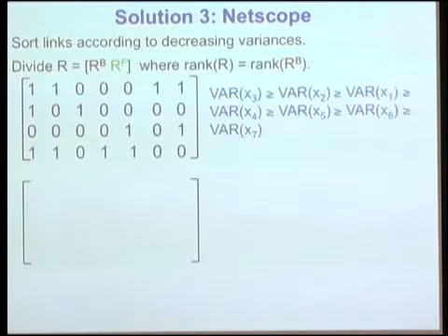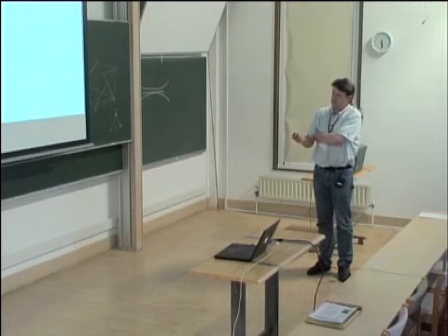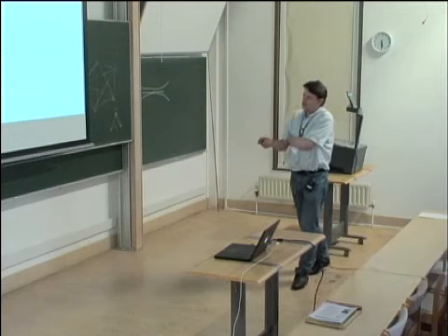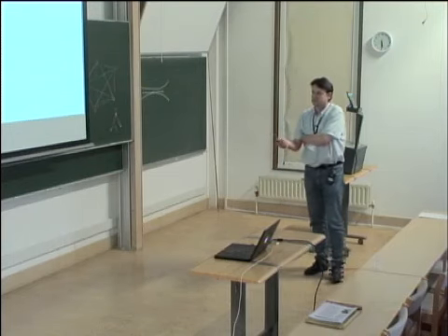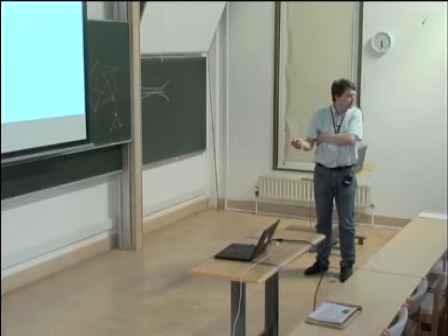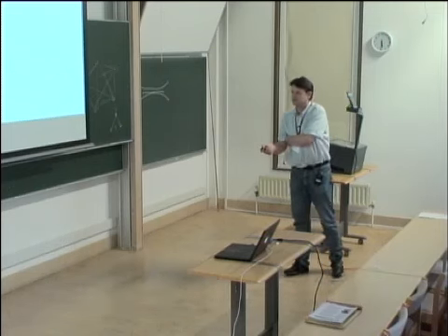So what we do instead is to pick the links in decreasing order of their variances. If the third link is the one having the largest variance, we keep them in the left part of the matrix as long as it is full rank. So as long as these vectors are linearly independent from the previous ones, I keep adding them. So this one is not. This one, even though it has a variance which is the third one in the order, I will put in the second part of the matrix, and I will approximate its transmission rate by 1 or its loss rate by 0. And I continue this way